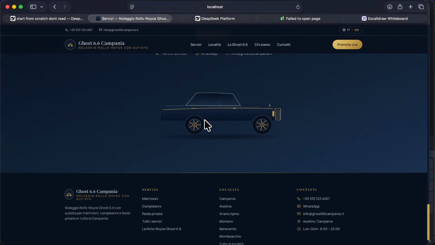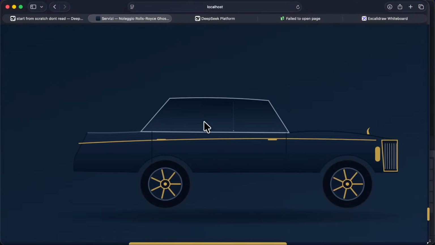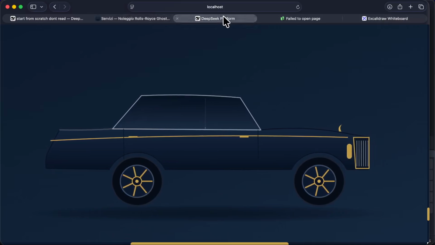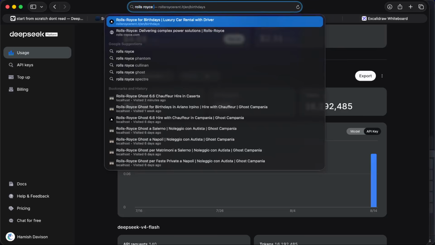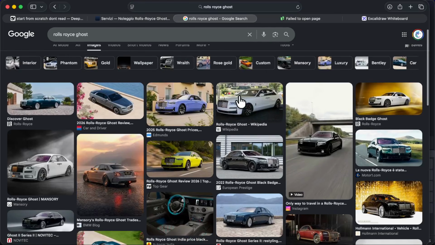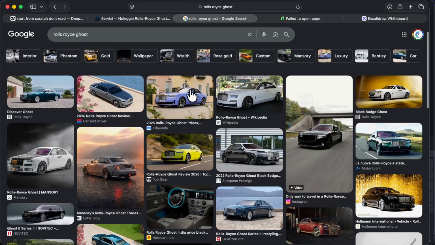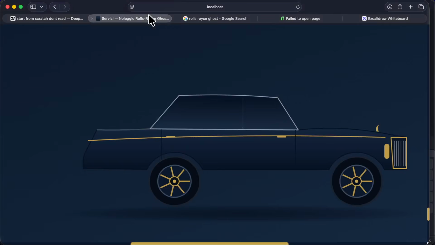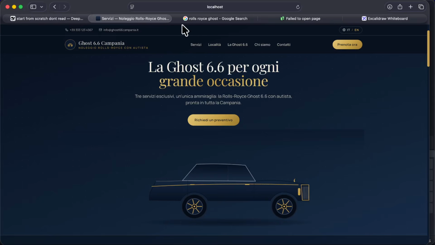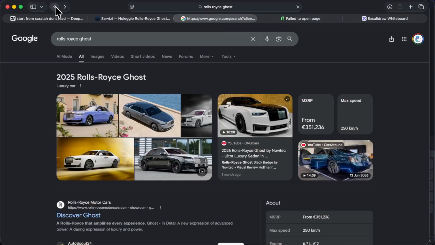Grok 4.6 is absolutely trash compared to this. Look at that SVG. That's insane. That actually looks like a Rolls-Royce. I don't know if it looks like a Rolls-Royce Ghost specifically. It's not like I know what a Ghost looks like. Let's have a look. It does actually look like a Rolls-Royce Ghost. That is crazy. Honestly, guys, if I had zero budget or very, very low budget, I would be using